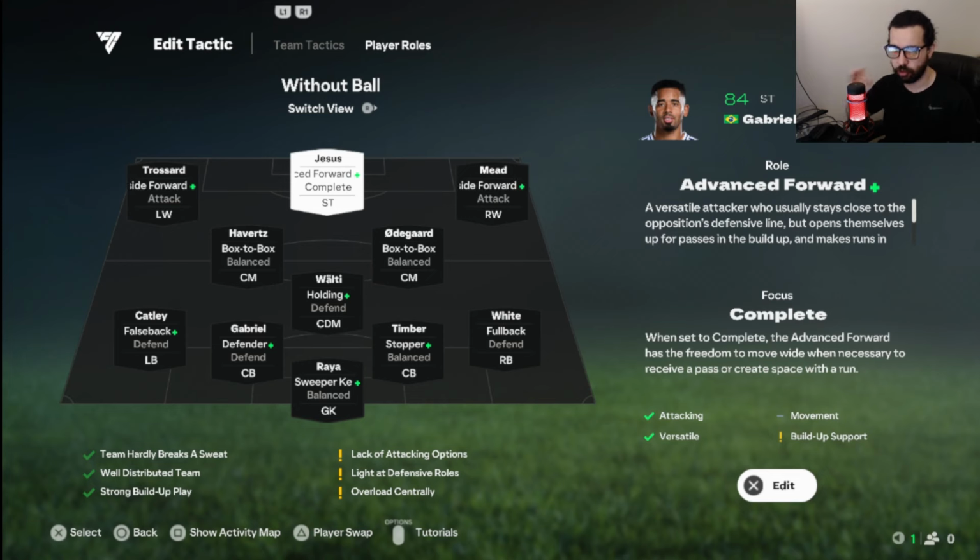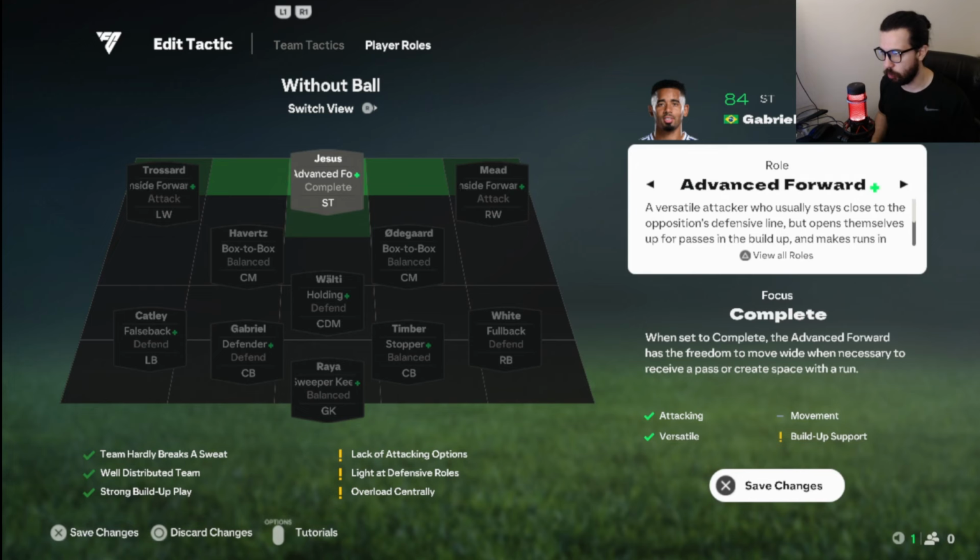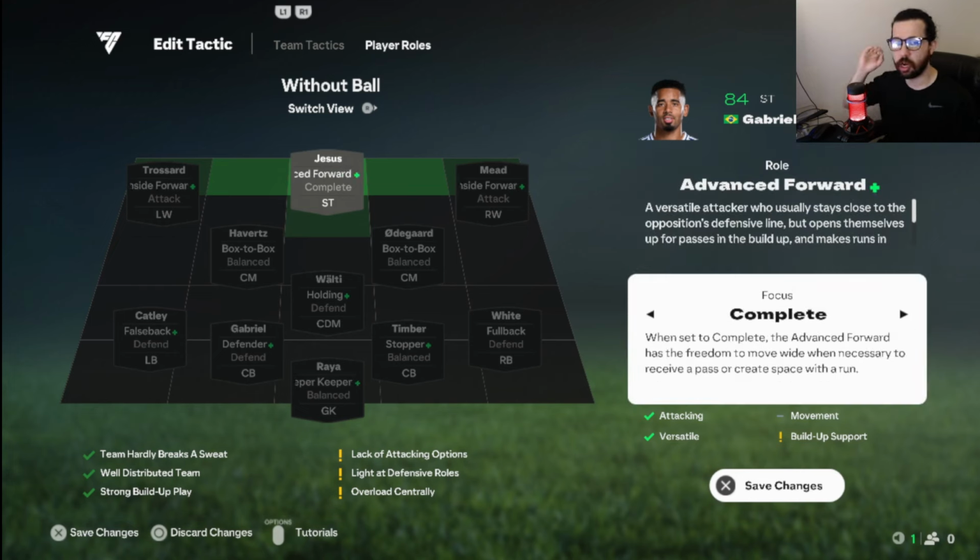fake shots are very overpowered right now, especially if you have somebody with high agility, high balance, and a power shot plus. The playstyle plus is broken right now. So if you do a first time fake shot and then go into a power shot, it's legit right now. That's how I've been scoring most of my goals. So make sure you put an advanced forward plus here, and please put a complete position here